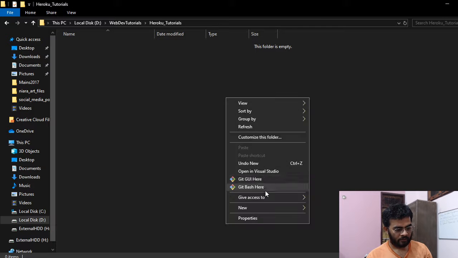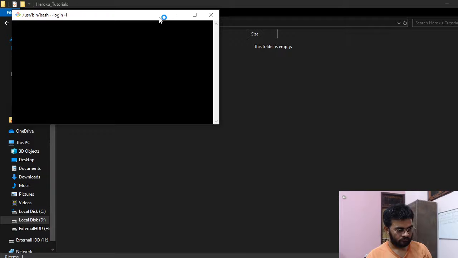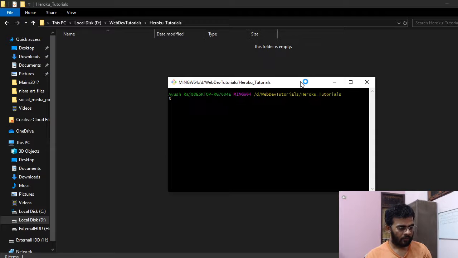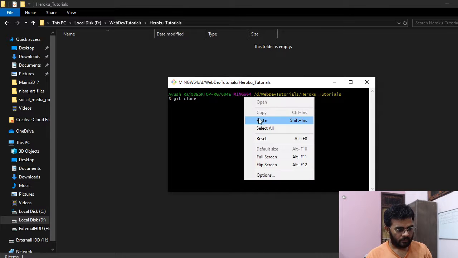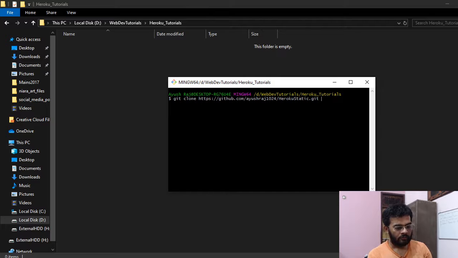Now I will right click and open Git bash, and I will type git clone, and I will paste the URL which I copied, and then I will type an arbitrary folder name. In my case, I will type Heroku static.